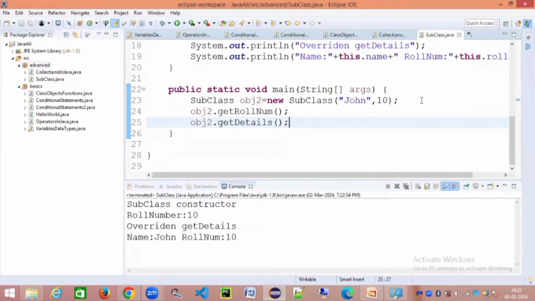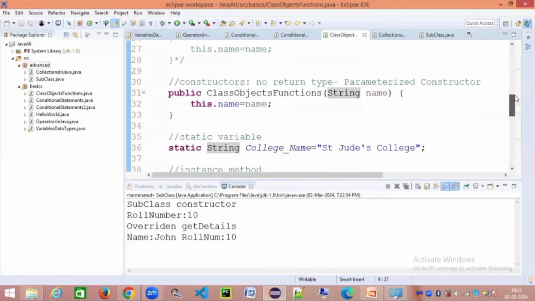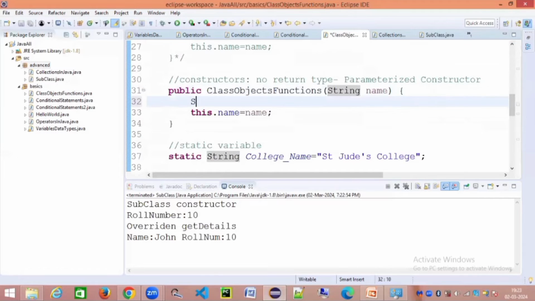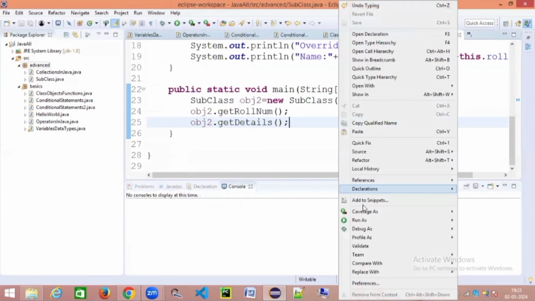Okay, now I want to show you one more thing. If you go to this particular parent class, and let's go to its constructor. Let's also do a print statement here in the superclass constructor, because we did not see this happen in the background. So I want to show you what actually happens in the background. So let's do that and let's come to the subclass. Let's clear out everything and rerun it